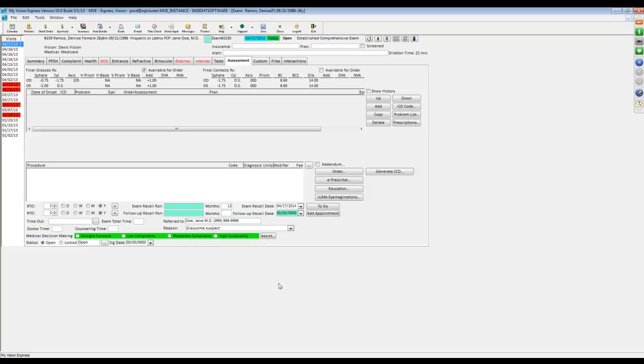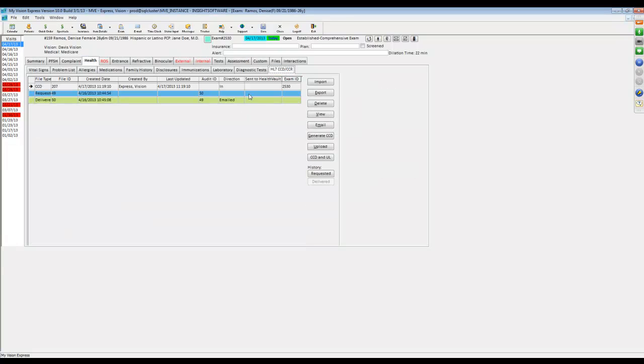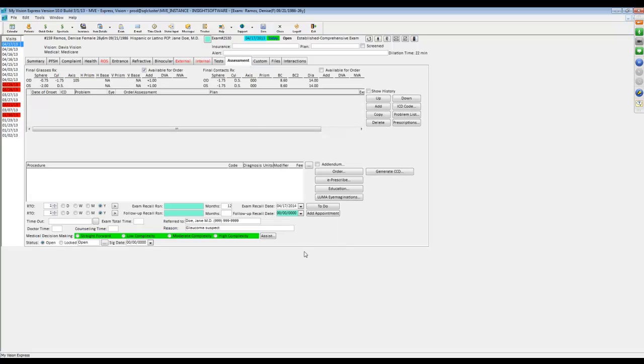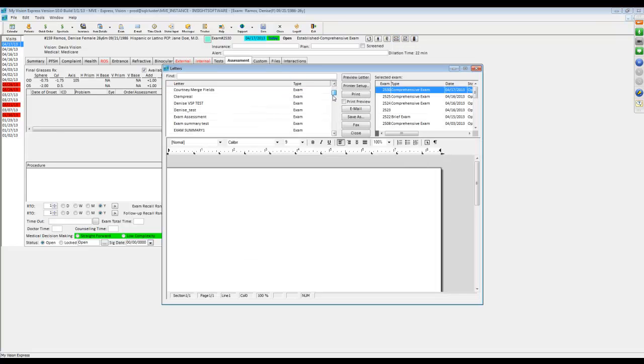Now, you can do one of two things, very similar to the clinical summaries. You could either go back into the Health tab and generate a CCD and print it out or upload it, and that will count. Or something that will be a little more relevant would be going into your letters module and printing out a referral form. So on the bottom here,